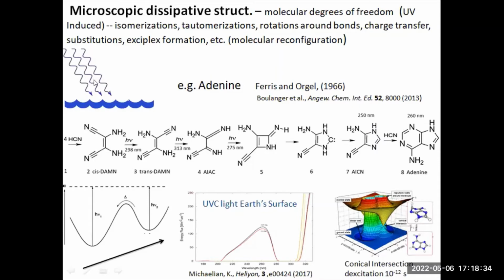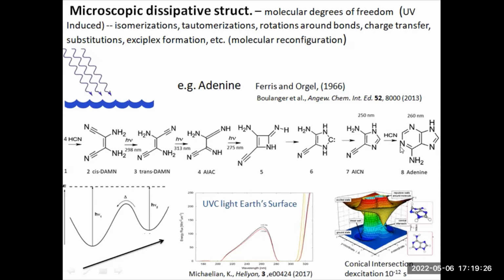And from these molecules, we saw that if we have ultraviolet light, we can form adenine, starting from 4 molecules of hydrogen cyanide, and then we need 1 more molecule at the end of this reaction chain to form adenine. So there are different photochemical reactions which are occurring. Like, for instance, the absorption of a photon at 298 nanometers causes the rotation around this double bond, and that gives us this system. And then another absorption of a photon at 313 nanometers can give rise to proton transfer from here to here. So we get this structure. And then another one causes the closure of the ring, and then chemical reactions, and then finally we get to